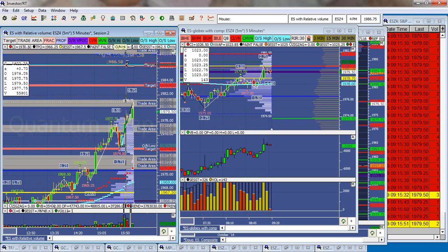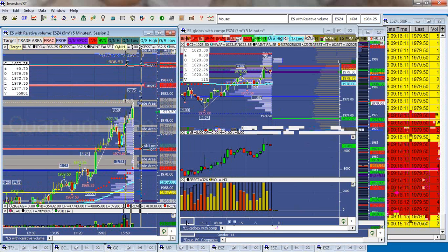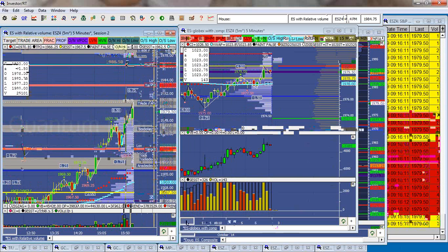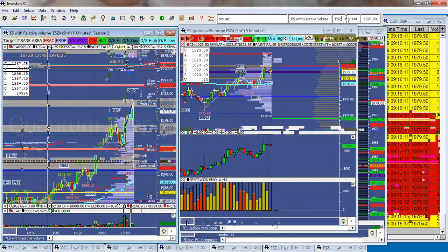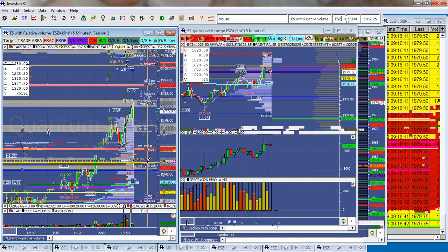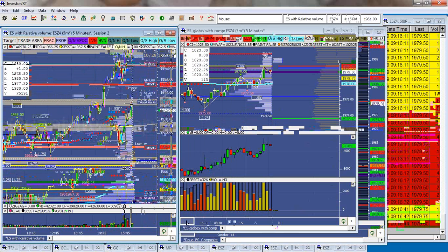I'm actually going to use 64.25, because this is where the buyers stepped in the last time. I'll worry about pushing through, because if we push through, I think it could come down and test the open and the value area low down here. So that's my trade area down here, and then below that, I'm going to be targeting